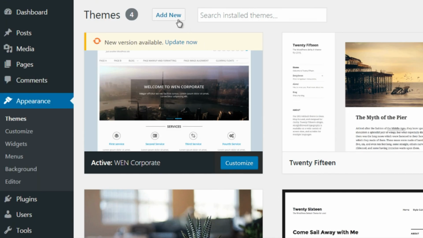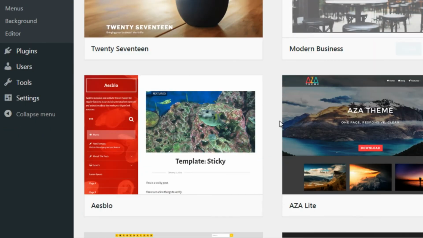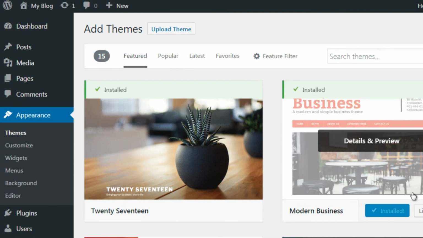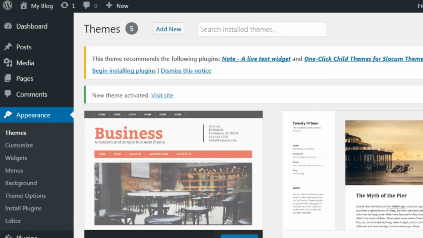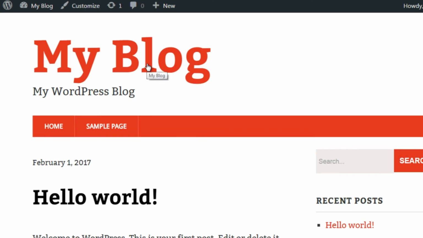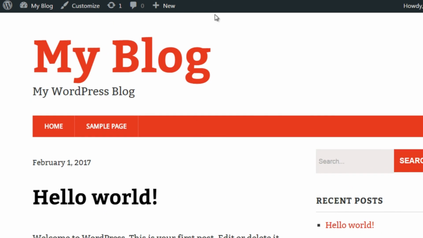We always can go to add new, and we can find another theme. We can click install, for example, and it's installed. We can activate it. And if you go to the live site, you can literally see that the blog design has been changed.